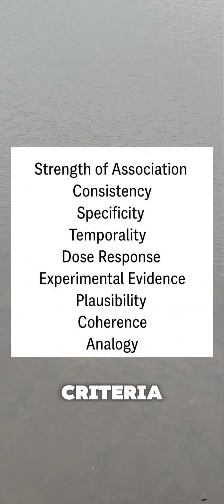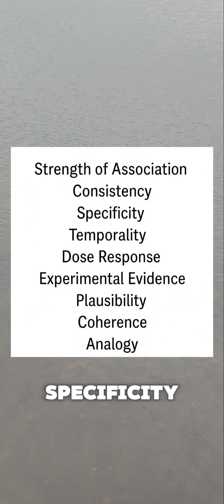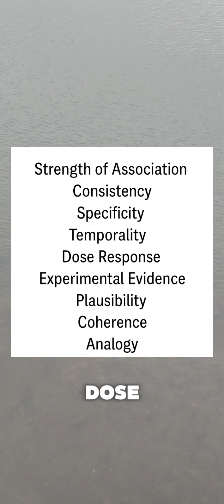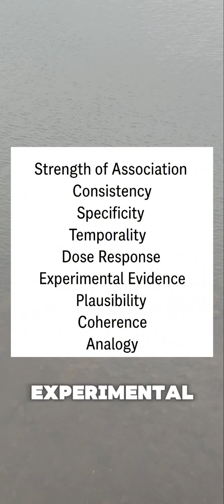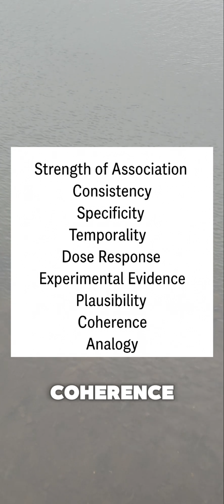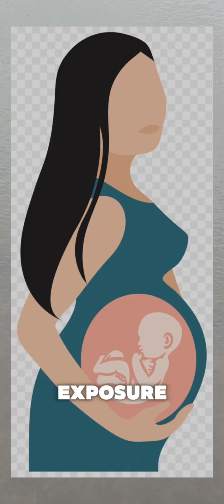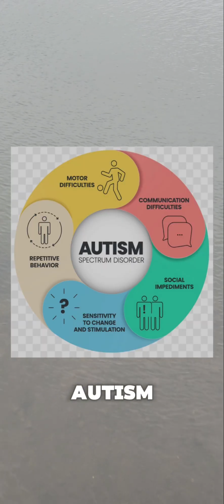There are 9 Hill's criteria: strength of association, consistency, specificity, temporal relationship, dose response relationship, experimental evidence, biological plausibility, coherence, and analogy. If taking paracetamol by a pregnant mother is our exposure of interest and development of autism among children is our